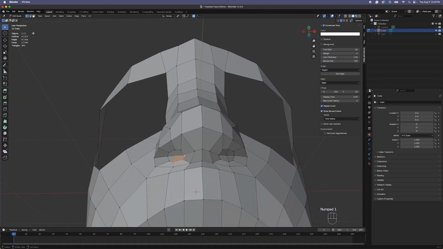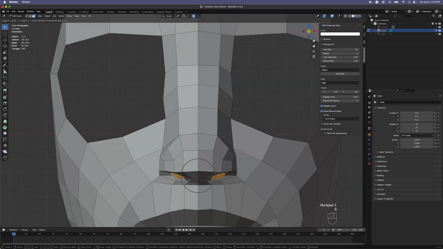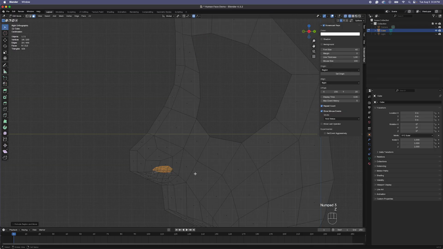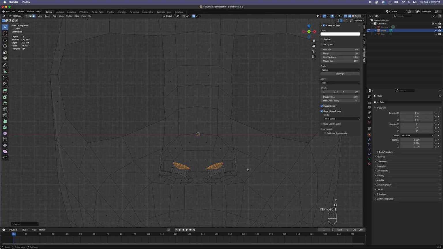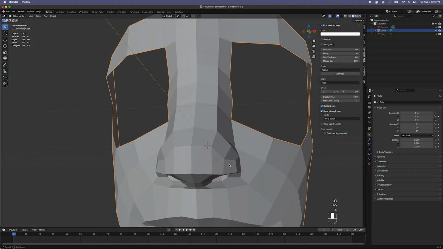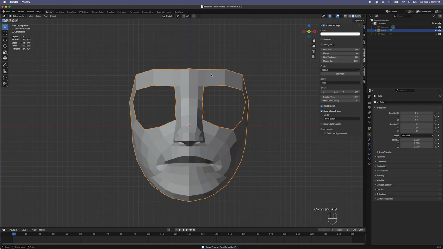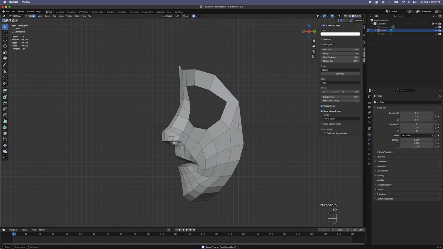Okay, and then let's create the nostril holes. So we'll hit face select over here. This is C for brush select. Select those faces and just extrude them up. And that's good. Okay, now hit Apple S, save it so I don't lose it this time. Go back into vertex selection mode, and